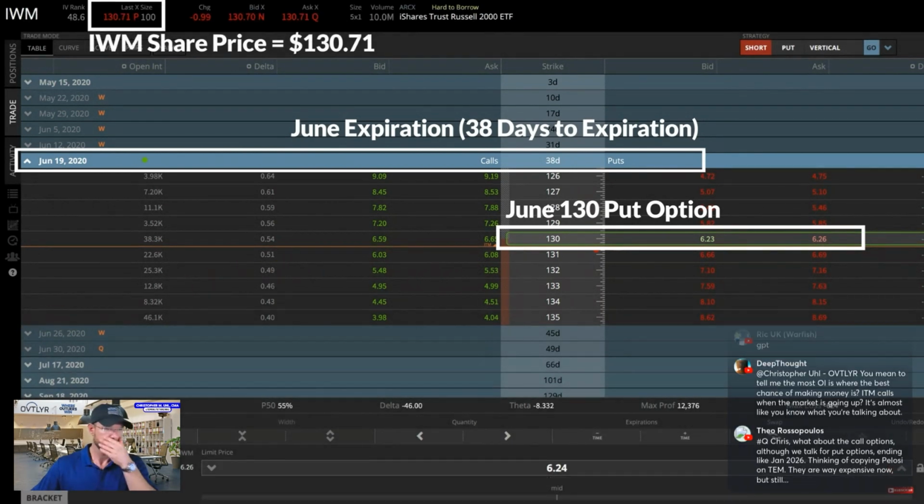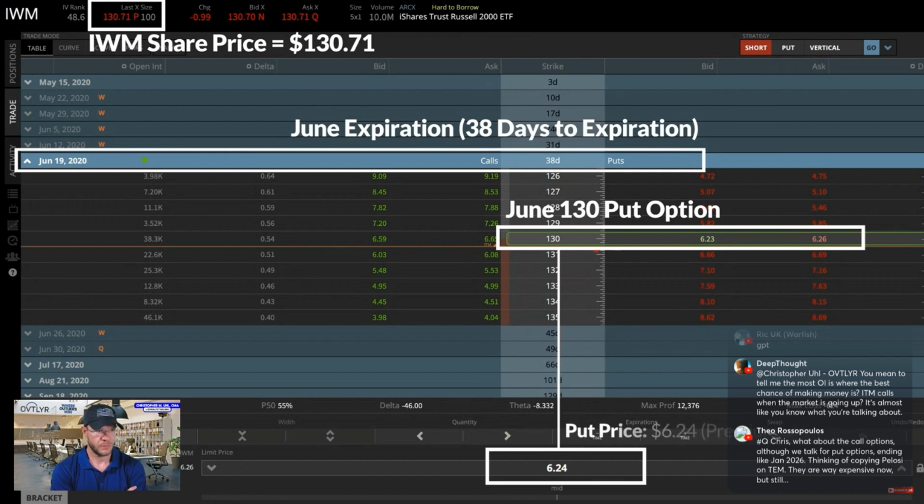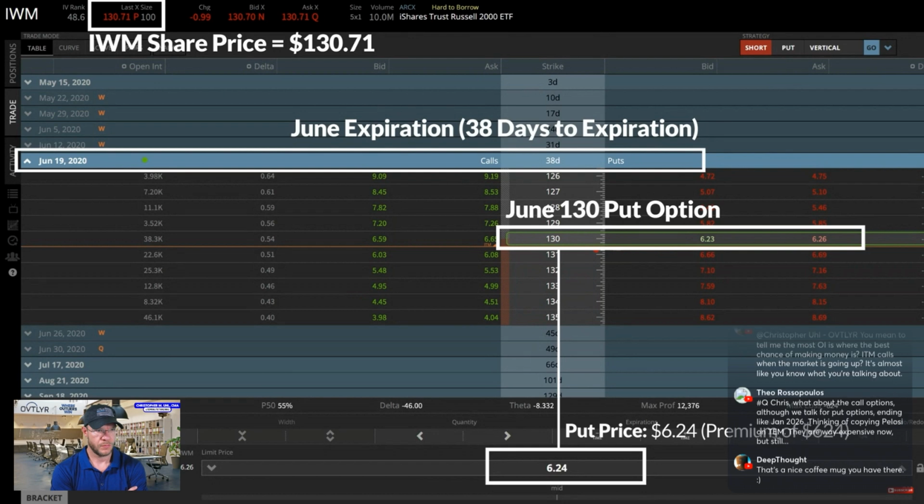So the stock price is currently $130.71, and the put option trade that I am looking at is buying the put option with a strike price of $130 that expires in June, which is 38 days away. As we can see in the bottom middle of this image, the put option's price is $6.24. But as we've discussed, to get the actual value or the premium of this option, we have to take that price of $6.24 and multiply it by the option contract multiplier of 100 to get the options cost, value, or premium of